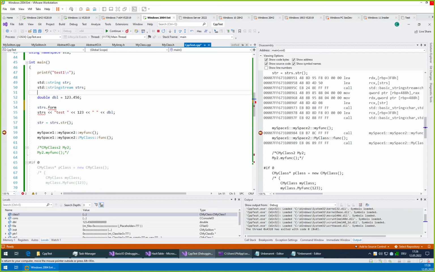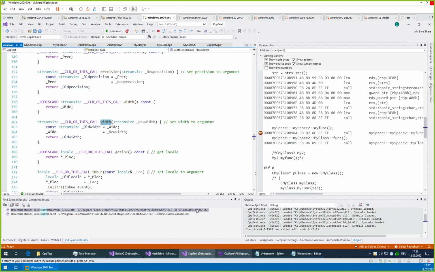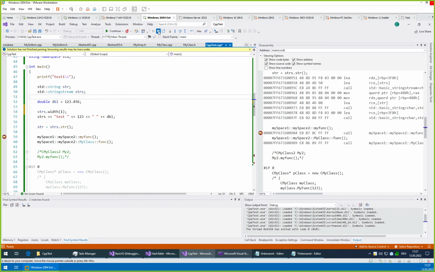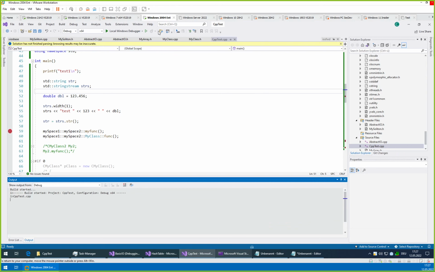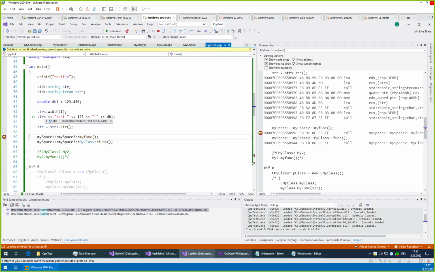So for example, you should be able to set the width, but this is only a function. We can provide the new width. So if we make it 1, then it should I guess cut some part of the zeros after the comma away. Nope, that will be precision, sorry.